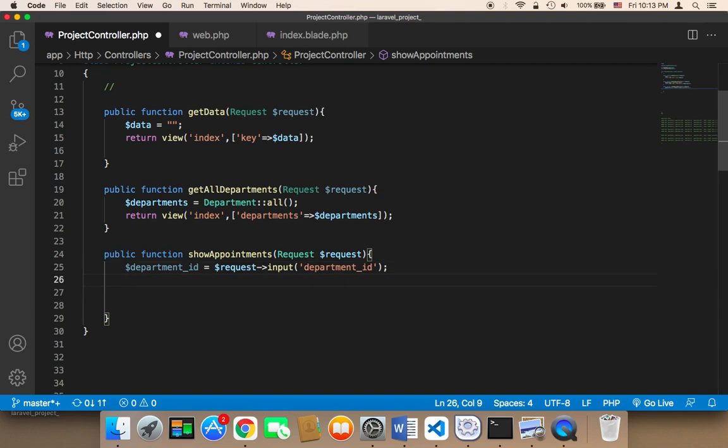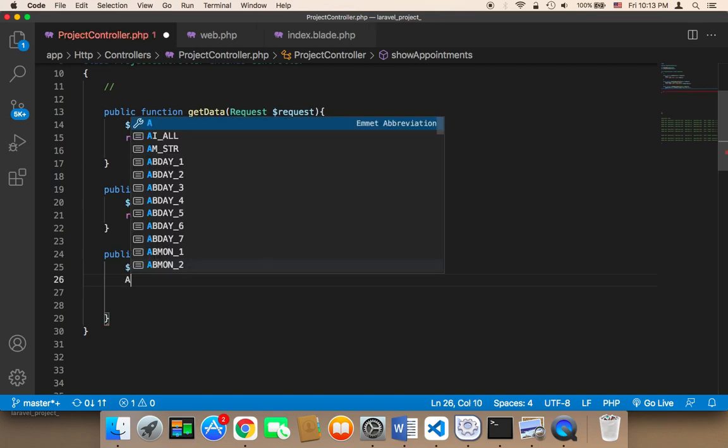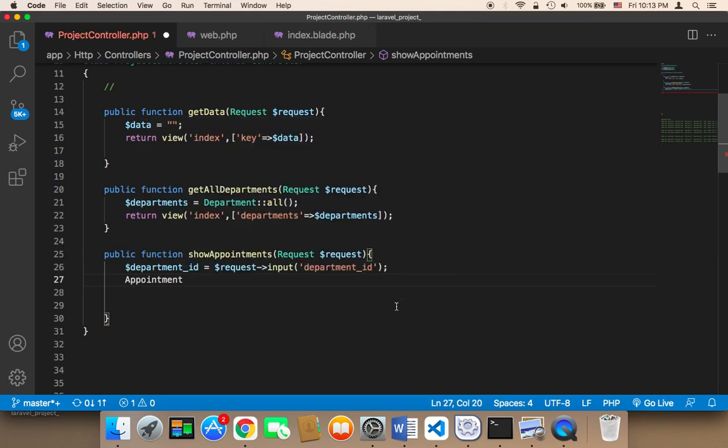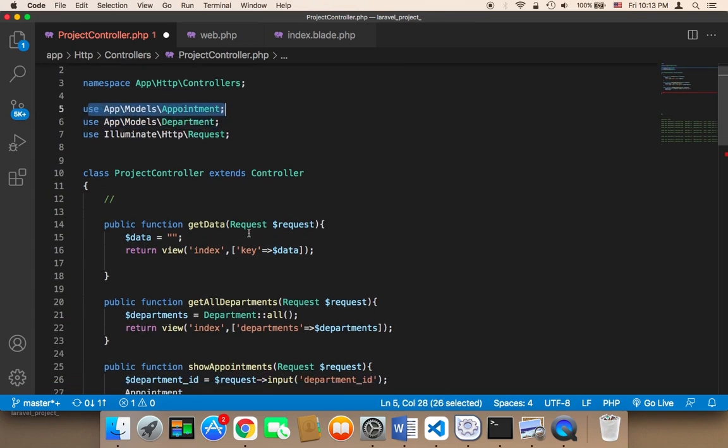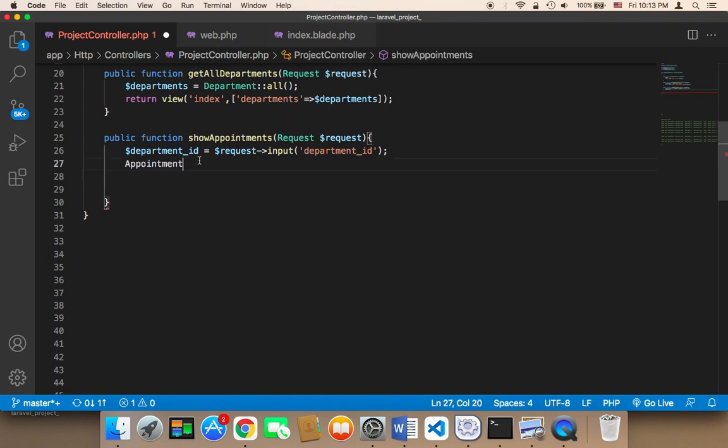To do that, we need to use the appointment model. Remember the appointment model. So I'm going to say appointment, and we need to import the appointment model at the top. So at the top here, you need to say use App\Models\Appointment. This is very, very important. And then the next step is that we need to say where the department ID is equal to the department ID,